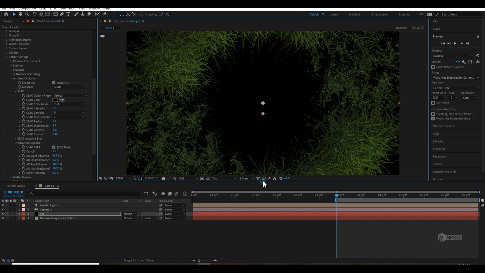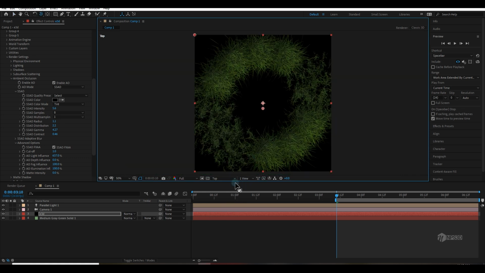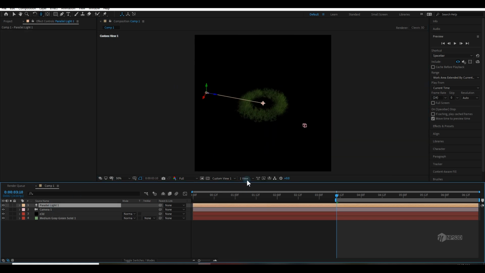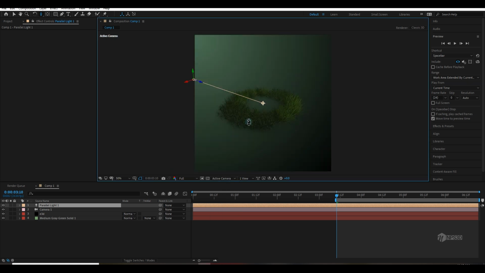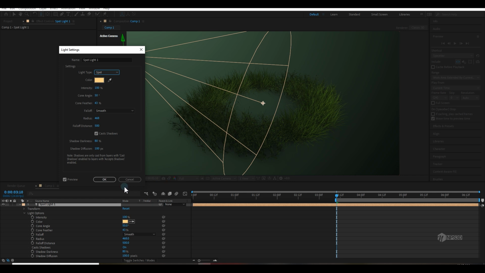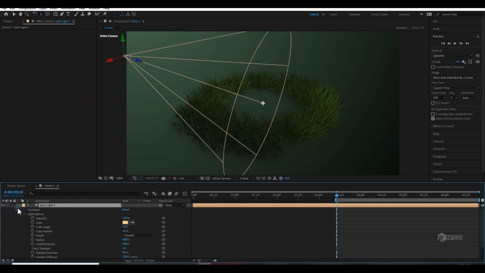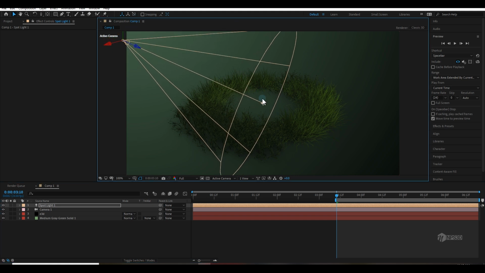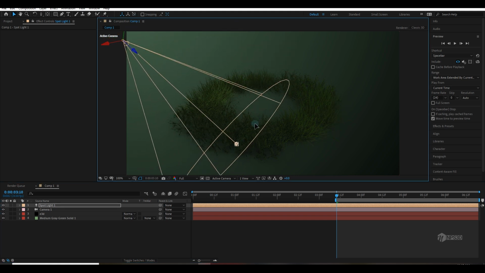So let's see, I'm going to the top view. Go to the custom view. And I will select the light. So it is good. Go to the active camera and I can change it to the spotlight for now. And it's good. You can see.